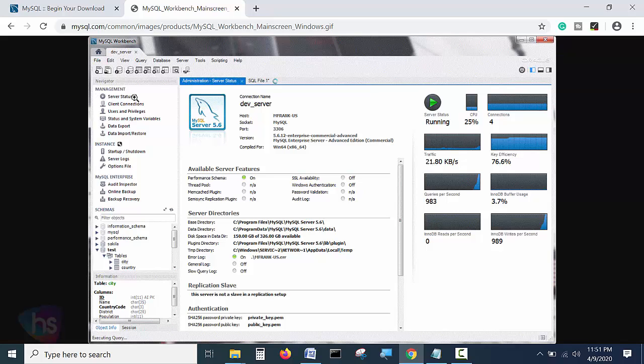Basically, on the left panel it will show you the management instances, what instances are available on your database server, the MySQL database server, and management enterprise, if any. And here it will show you the schemas, the databases you have created, one by one. This is the image representation I am showing you in MySQL Workbench.